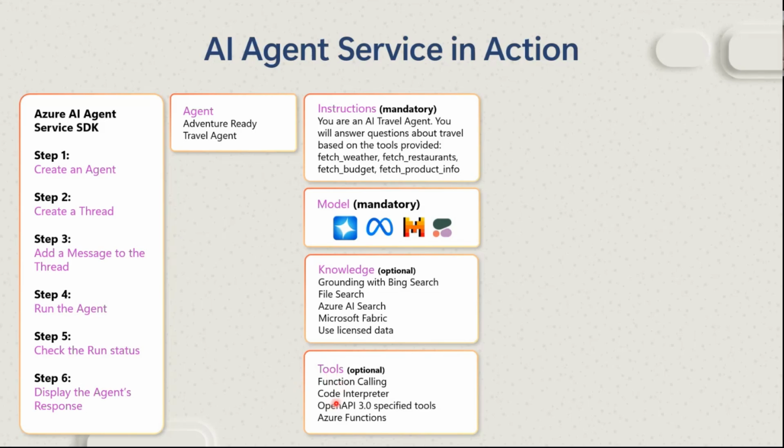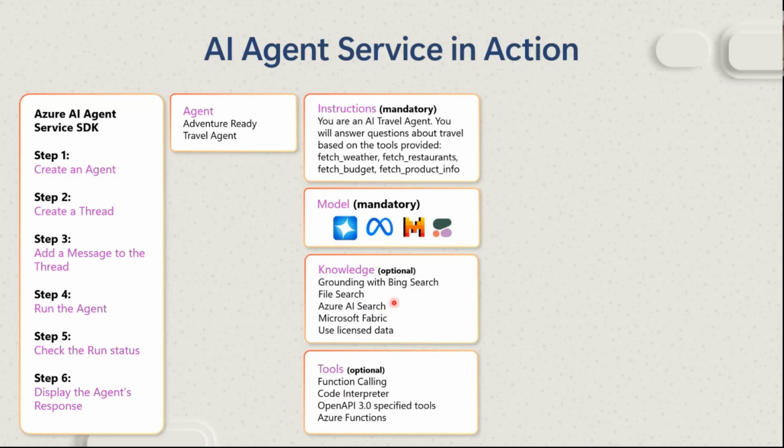You also have Code Interpreter. With Code Interpreter, the agent will have a sandbox environment in which it can start running Python code. You can tell it to create graphs, get information from your database, or get information from the internet and give me a study on Tesla versus NVIDIA versus Microsoft, and which company I should invest my stocks in. That's an example. Then you have Azure Functions as well. You'll create your own Azure function, and it will connect directly there.